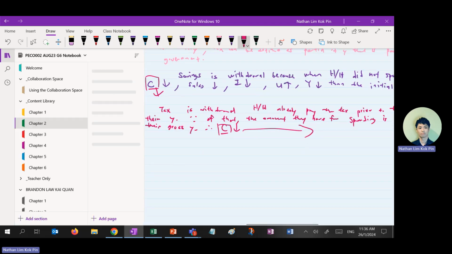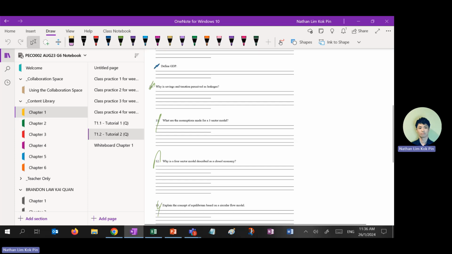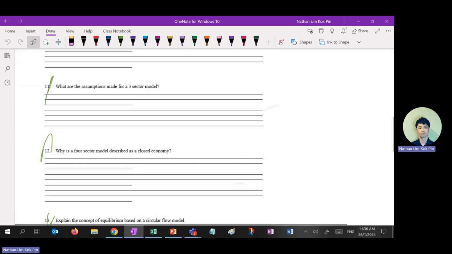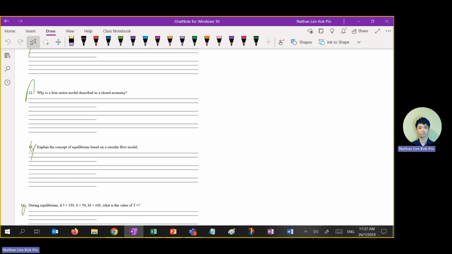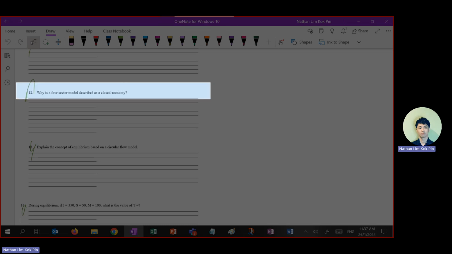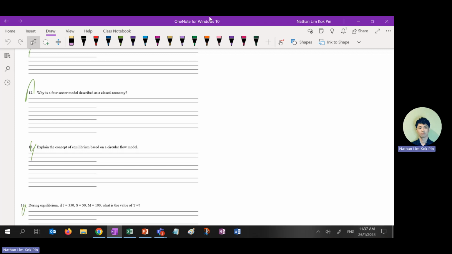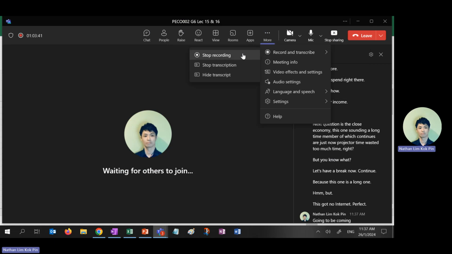Right? Next question is the closed economy. This one runs a long time. Never mind, we continue first. Just now the projector wasted too much time, right? You know what? Let's have a break. Then I continue, because this one is a long one. This has no international factor, closed economy. Why? Because your